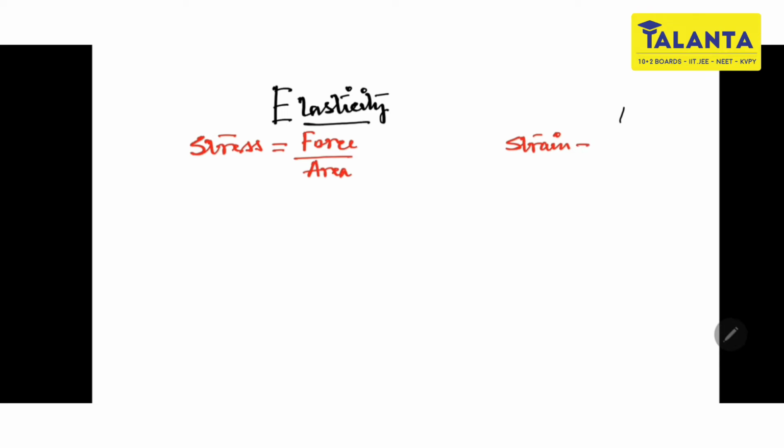And strain means the ratio of change in dimension and original dimension. মানে ফোর্স দেওয়ার জন্য যে অ্যামাউন্ট অফ চেঞ্জ হচ্ছে কোনো একটা বডিতে, সেটা ভলিউম হোক কি লেন্থ হোক কি এরিয়া হোক, সেটা আর অরিজিনালি যে ডাইমেনশনটা ছিল, অরিজিনাল যে লেন্থ অর এরিয়া অর ভলিউম ছিল, সেটার রেশিওটা হচ্ছে গিয়ে স্ট্রেন।